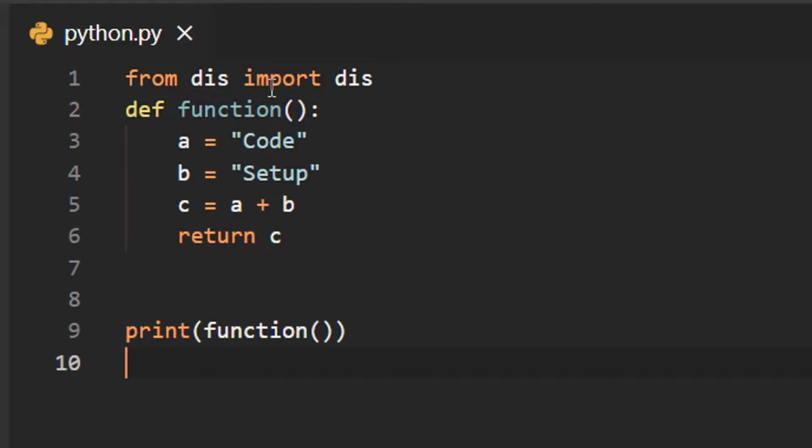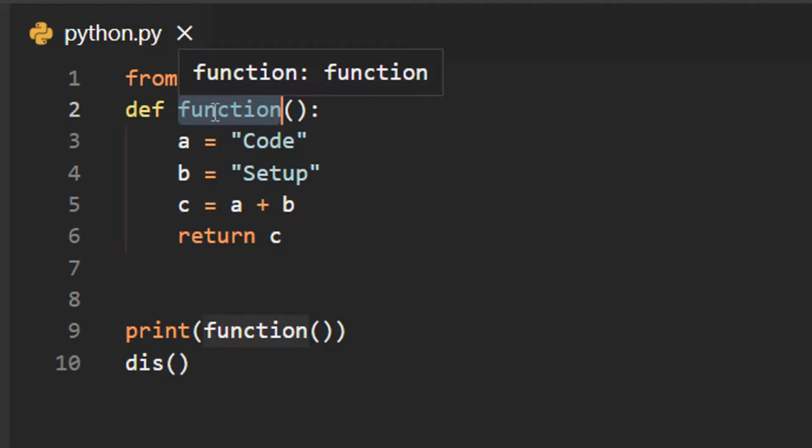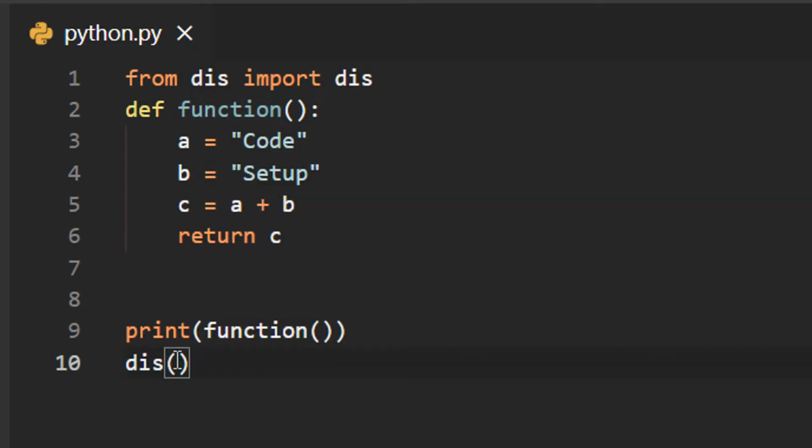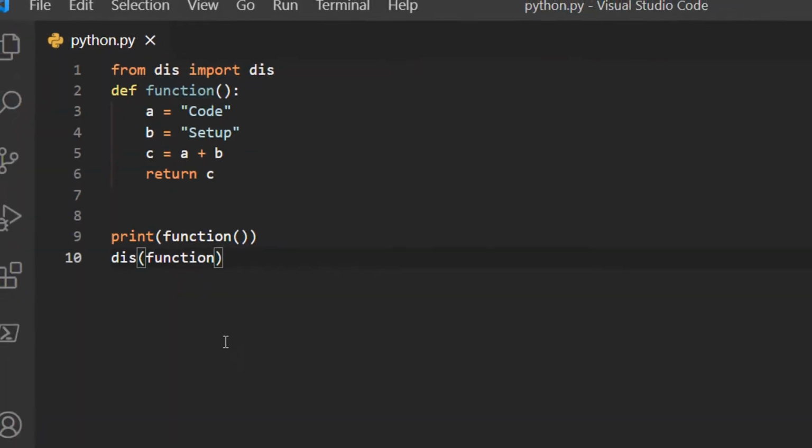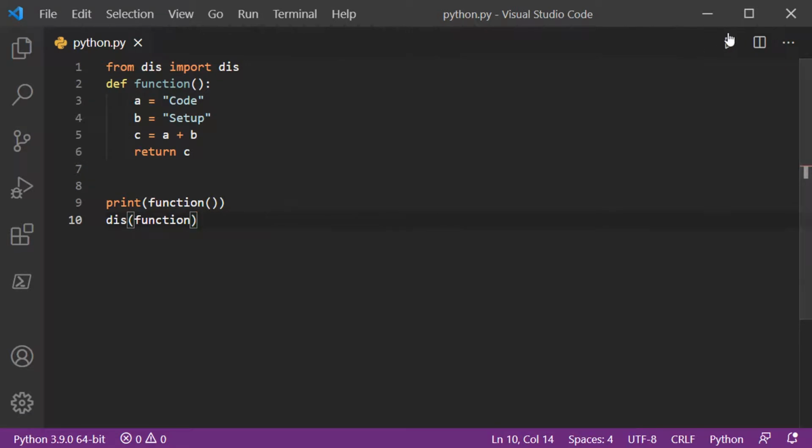So after importing that function, here I'm going to use that function to know the steps that are used by Python. So here I want to know the steps of this executed function. So to know about this function, you have to pass in the name of this function as an argument in the imported function. So here is the name of that function. Now if I run this code,